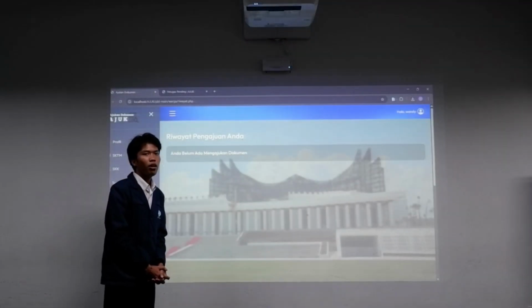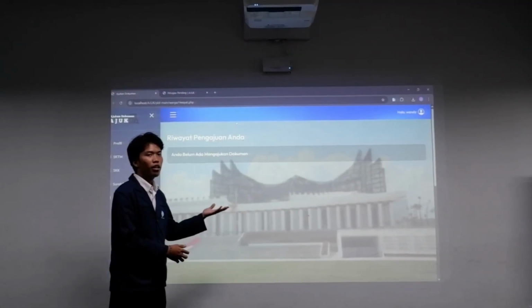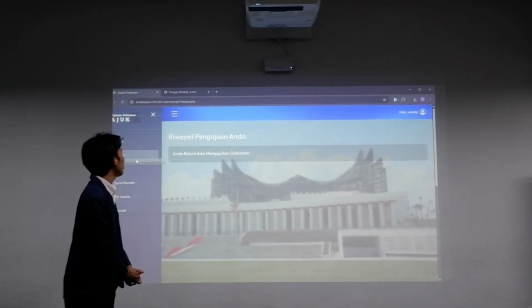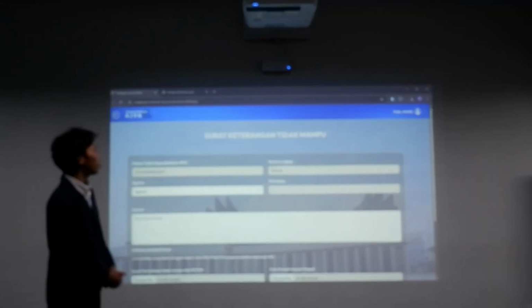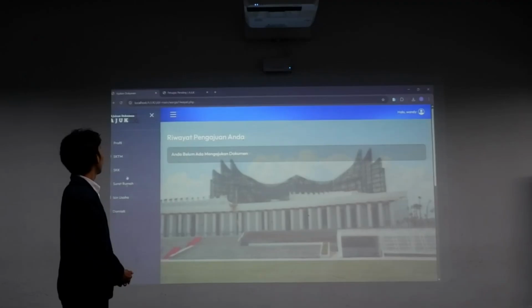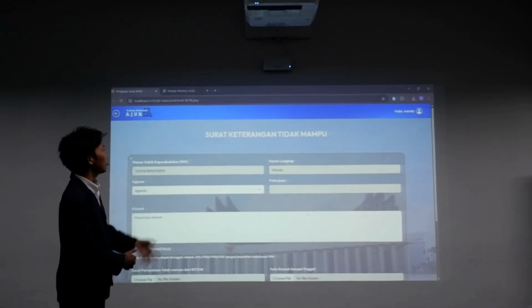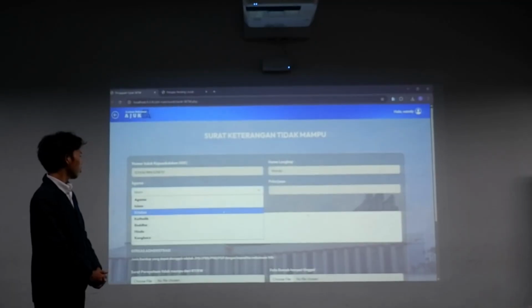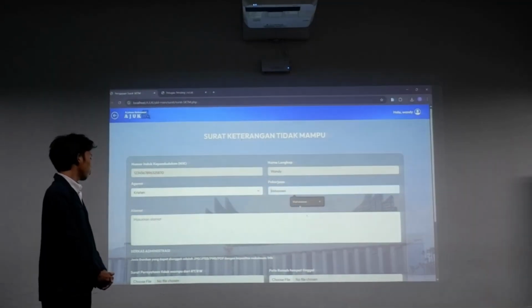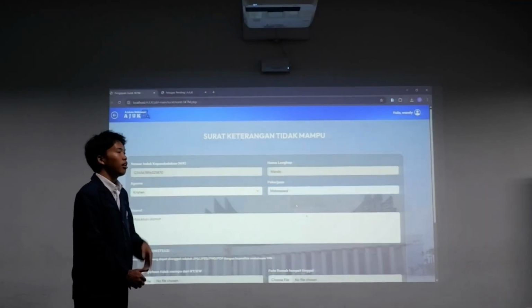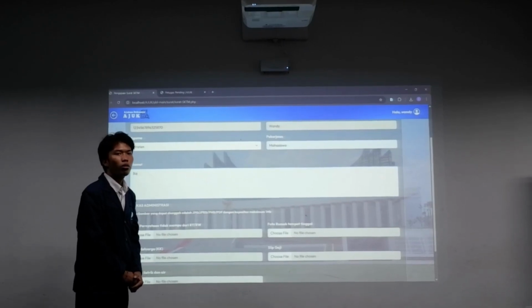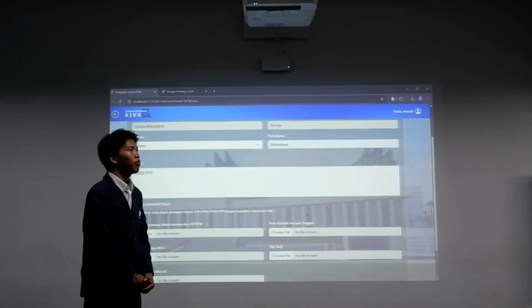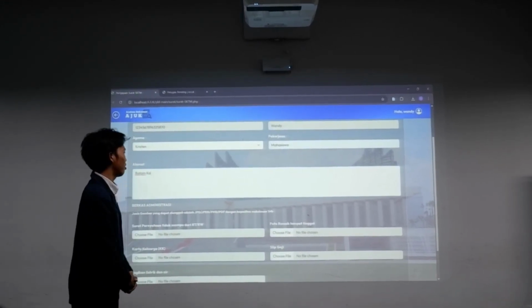Okay, now that they already have their own data in our website, they can submit whatever document they want to submit. For example, here is surat keterangan tidak mampu. And also every document has its own requirements, so not every document has the same requirements.